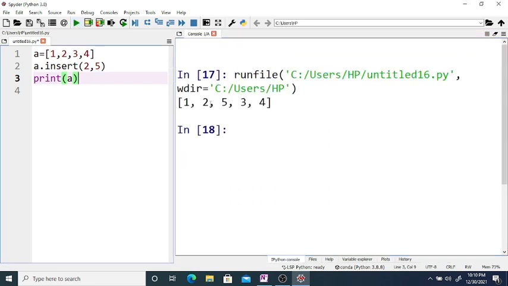If you run it, you can see this 5 is added at index 2, that is, this is 0, 1, and then at 2 we added 5, so the new list is 1 2 5 3 4. So this way the insert keyword is used in a list.